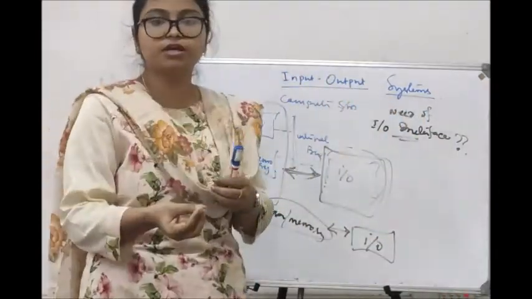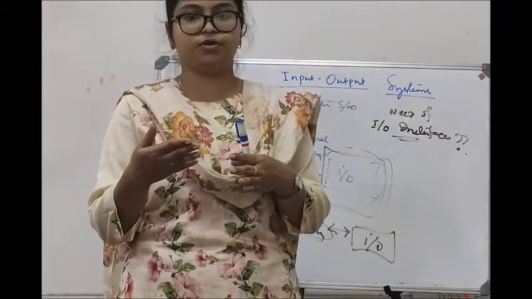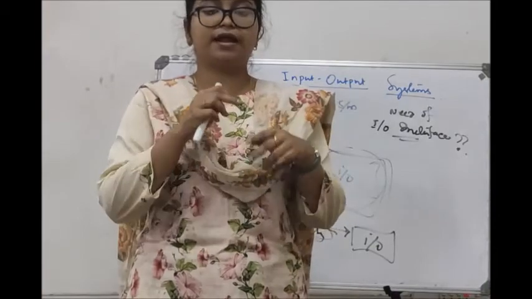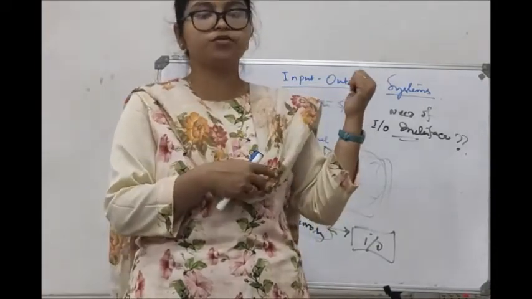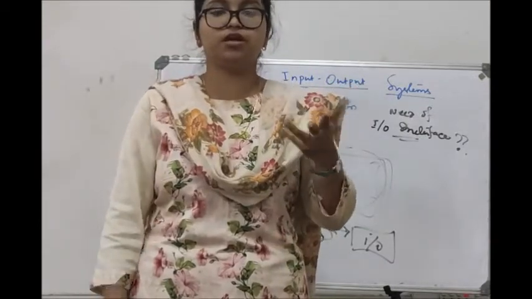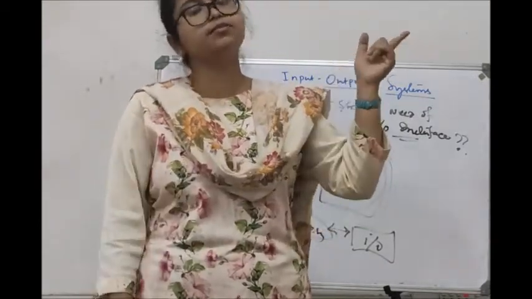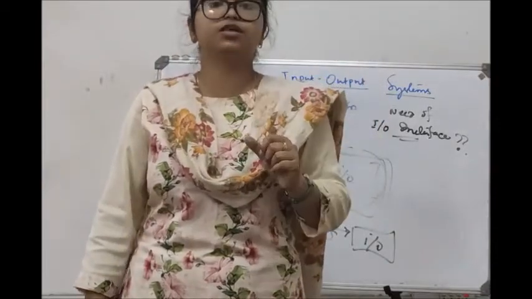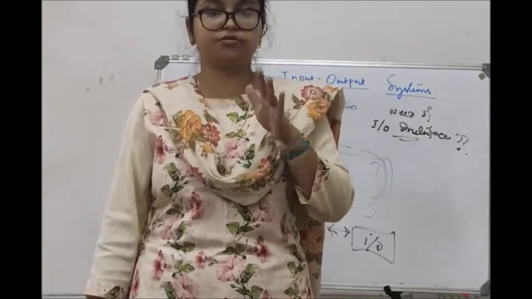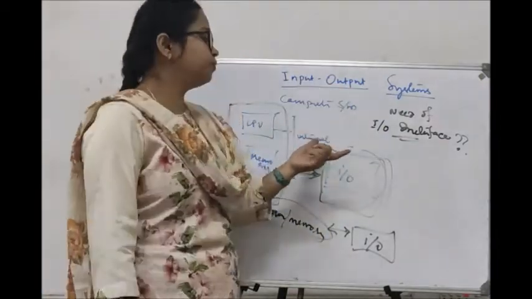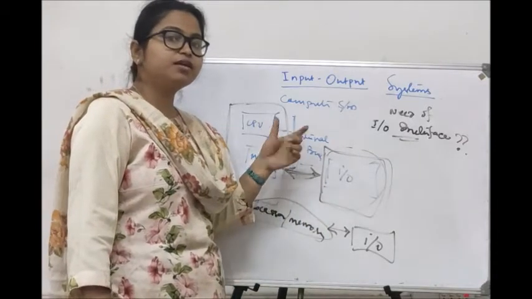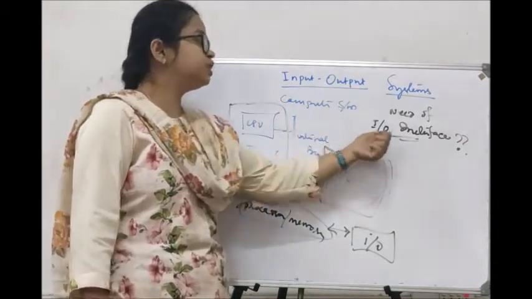See, whatever data we are giving, it is for computation only by the CPU. If we are giving addition of two large numbers, the addition is computed by the computing system. But the numbers are provided through I/O devices, through the keyboard, isn't it? We type the numbers and then the system does the computation and gives you an answer through an output device or monitor. This is what we are accustomed to. That's how we have to give the input, but our speed is mismatching. So there is a need for an I/O interface.